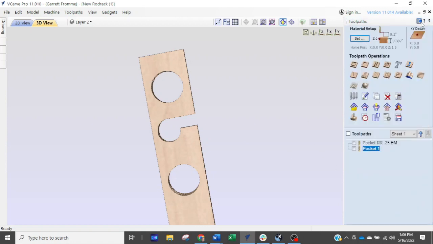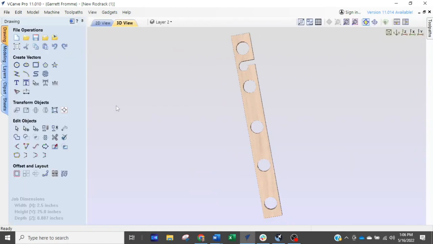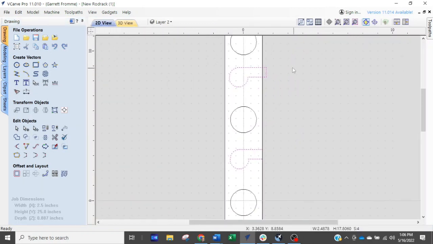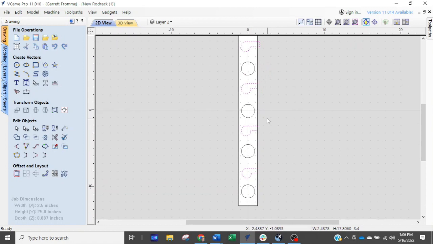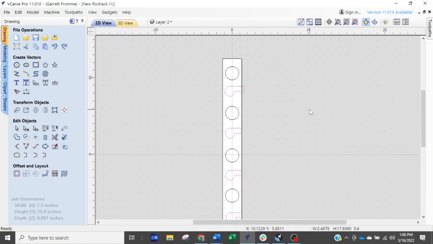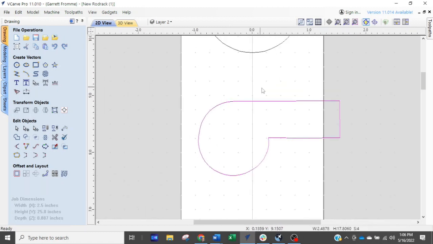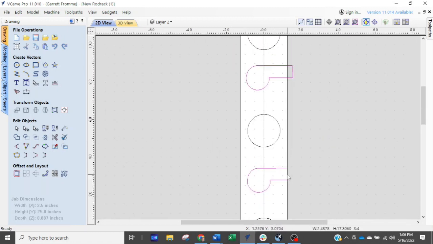And the way I'll show you that real quick is to regroup is we're going back to 2D, and we can select these which are already selected. I can right click right out here and click group objects. When I do that, you'll notice that they turn a solid purple again. This